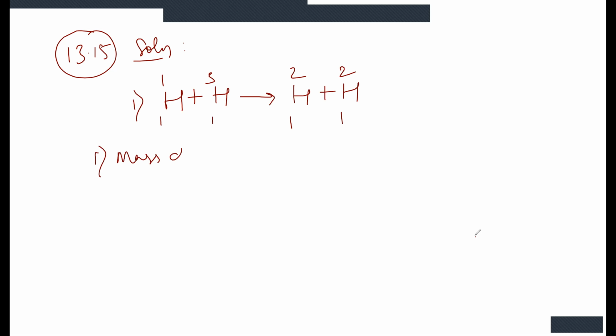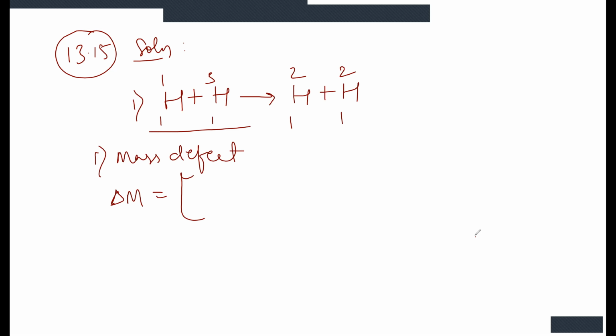So here first we are going to write what are the given things. They have given some constant values, and by using those we are going to calculate. For the first equation, hydrogen having mass number 1 and hydrogen having mass number 3 produce hydrogen having mass number 2 and hydrogen having mass number 2. For this, first we have to calculate the mass defect. The mass defect is calculated by using the formula delta M is equal to